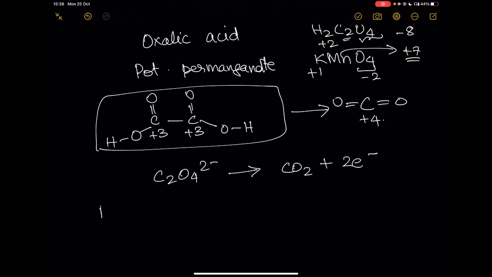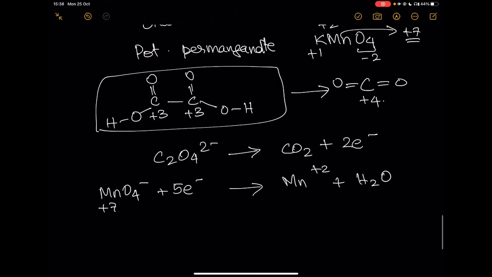Similarly, we can talk about MnO4 minus. This is from KMnO4. In this case, manganese goes to +2 oxidation state. You started at 7 and ended up going to +2. This indicates that MnO4 minus has taken in 5 electrons. We will see from where in a moment. To become Mn +2, oxygen ends up becoming H2O. Since you have 4 oxygens, you should have 4 H2O so as to balance.